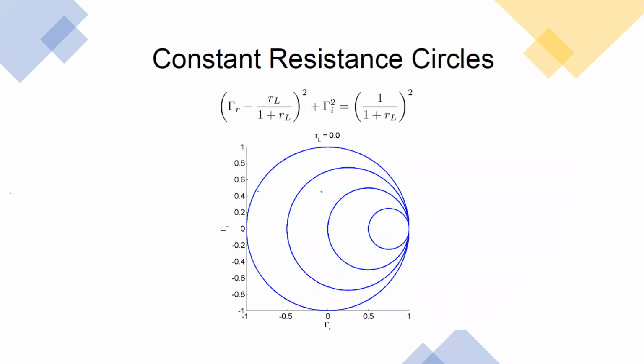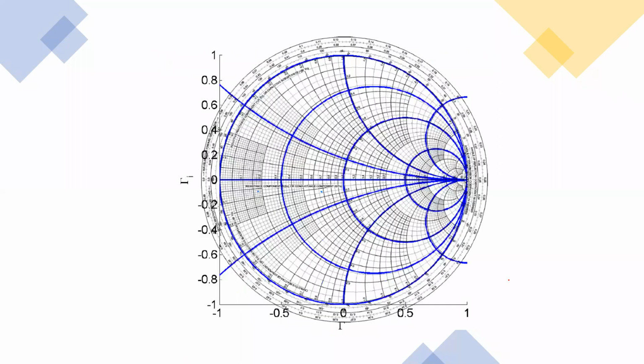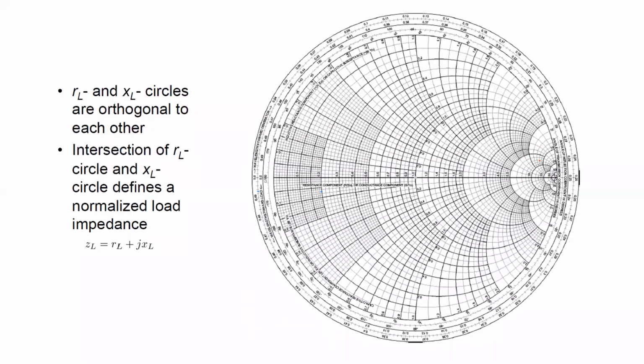Constant resistance circles start from one point, and from that point all the circles emerge. That is what we can see in this case. From this point, if you start off and observe, you have a resistance circle here, a resistance circle here, and a resistance circle here. This is also a resistance circle, and this one too, which is going and ending at the same point.